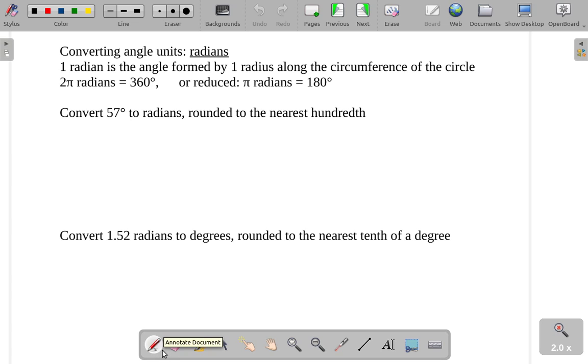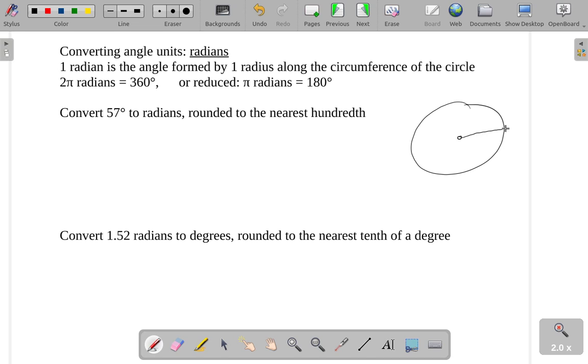Another unit we use to measure an angle is called a radian. Now, a radian, this is getting a little bit more specialized, and arguably a radian is kind of not a unit. It's kind of a raw thing. I'll talk a little bit about that, but really, what a radian is, imagine we have a circle here with